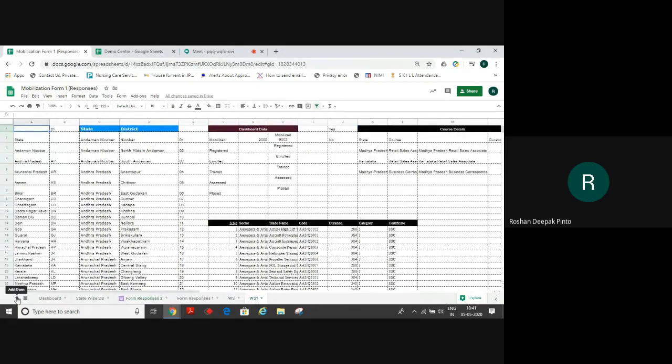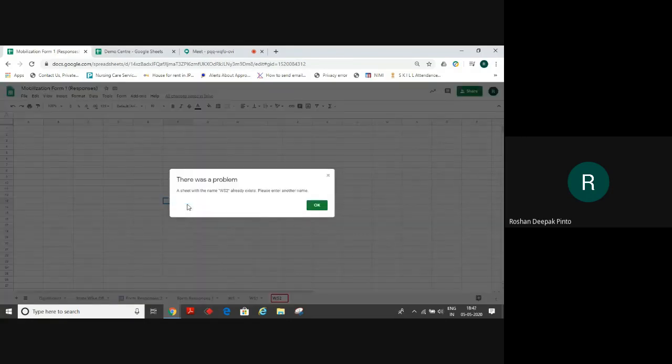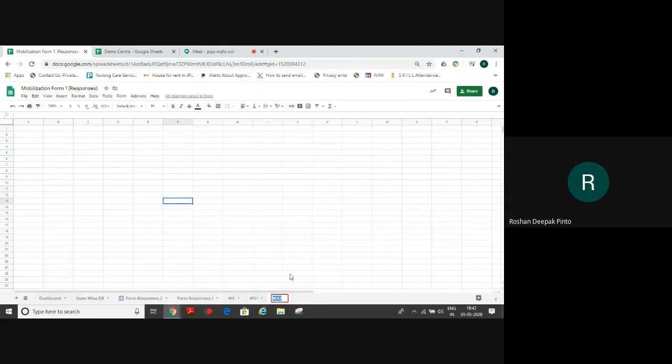I will click the plus symbol here and rename it as WS2. It says WS2 is already existing, so I'll just write WS3.